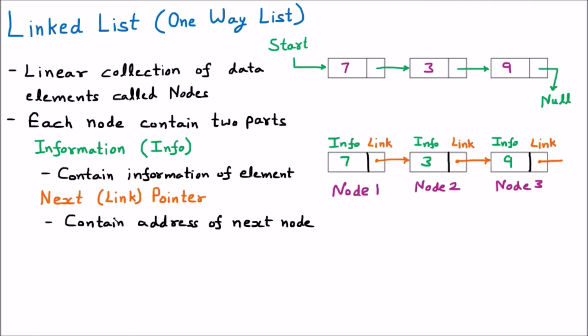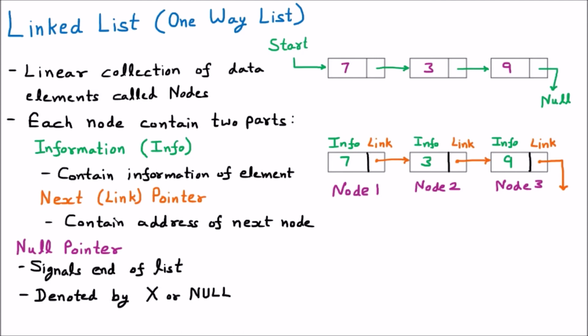There is another thing in the linked list, which is called the null pointer. Null means nothing. It signals that it is the end of the list. We can see that after node 3 there is nothing, so here we need the null pointer. That means it is the end of the list. The list is not going anywhere. These null pointers are denoted by a cross sign or NULL.